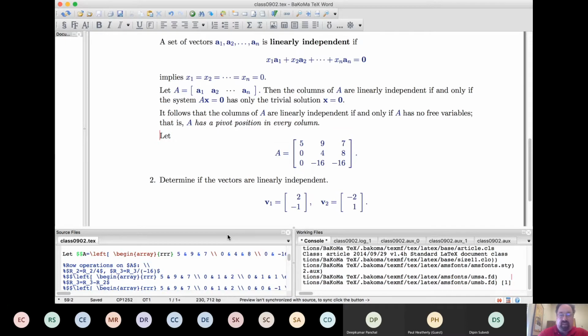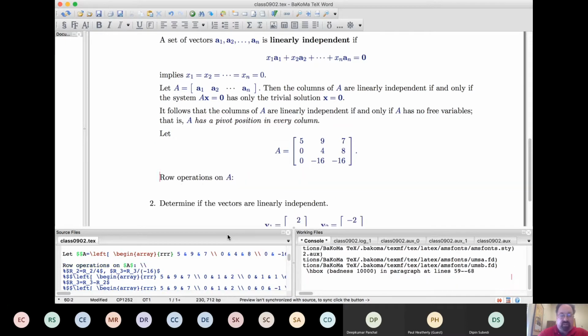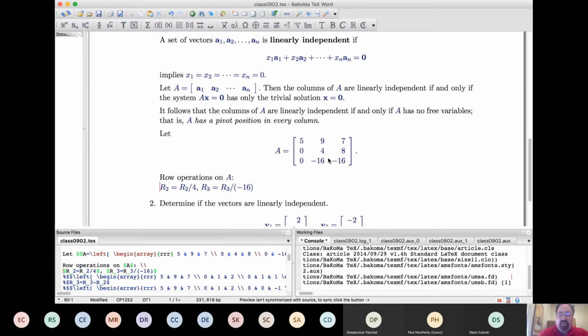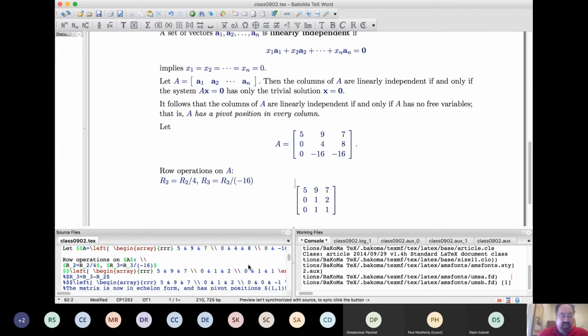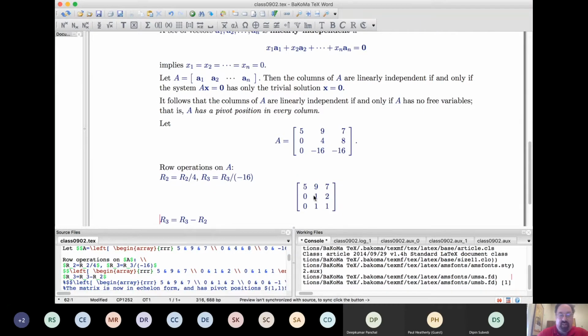But actually, what I'm going to do first is scale these rows, just because the numbers are already pretty nice. I want to make them even nicer since we have integers here. So I'm going to scale both of these rows so that the leading element is equal to 1. So I divide this row by 4, this row by -16. So then we have this, and we can see that these last two rows,